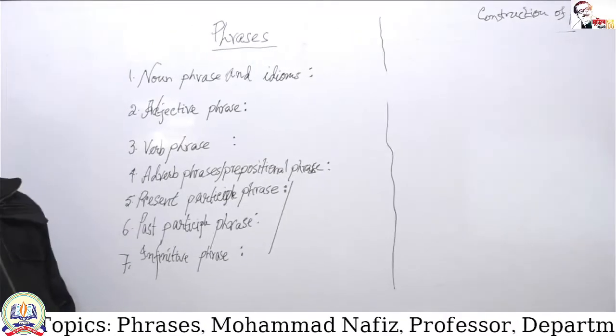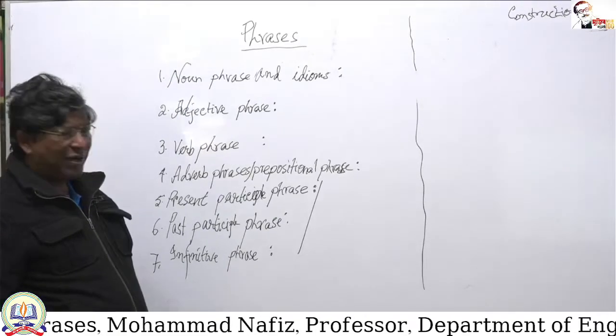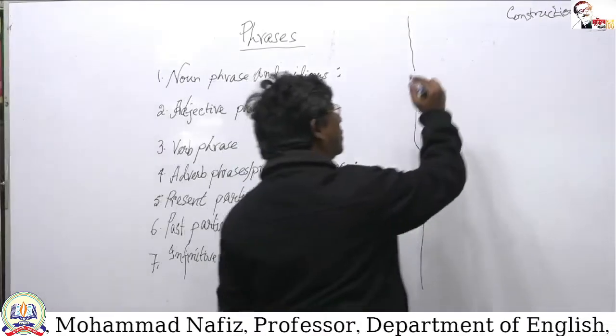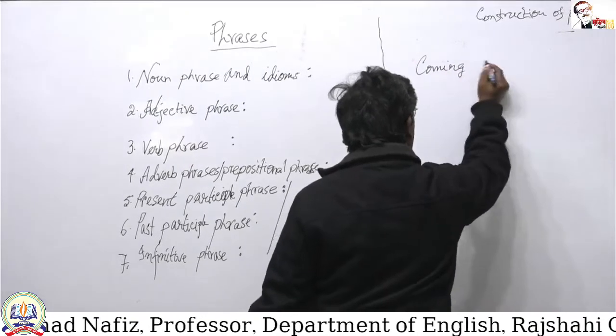They can make different independent units in a sentence. For example, coming there or coming here,